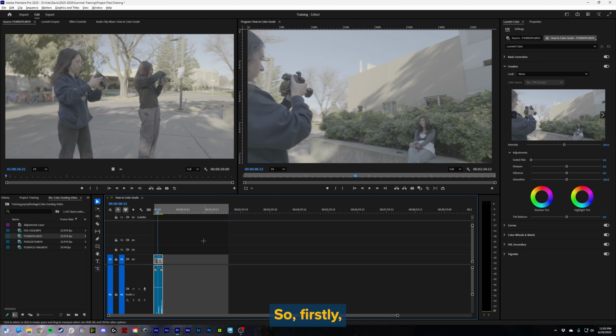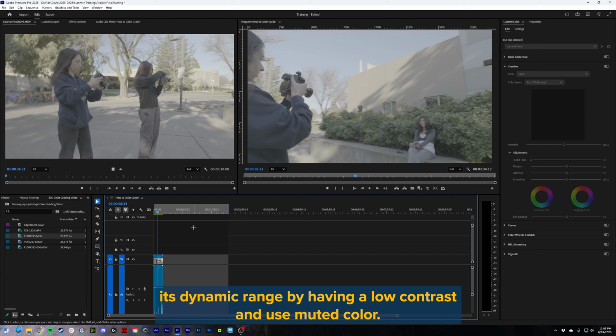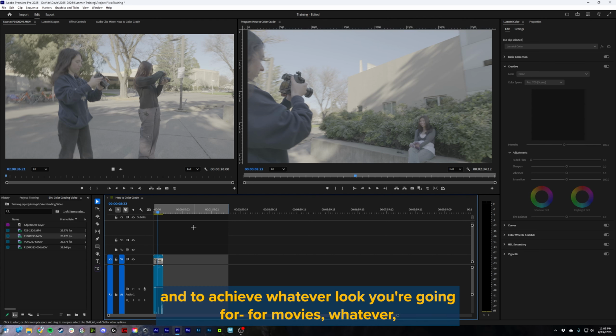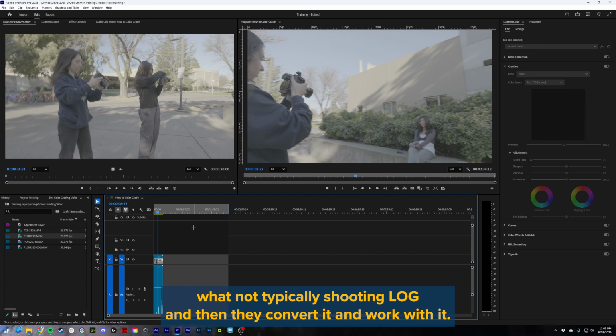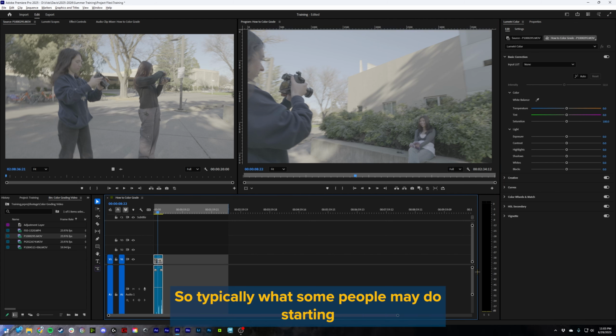So firstly, log footage is essentially letting the camera expand its dynamic range by having a low contrast and muted color. This essentially gives you the most flexibility with color grading and to achieve whatever look you're going for. Movies typically shoot in log, and then they convert it and work with it. So typically what some people may do